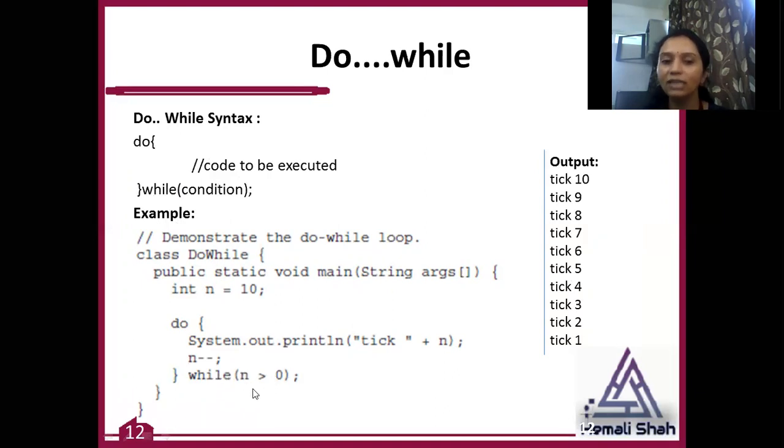So if this condition becomes false, then the body part of this do loop will never execute. Here I am printing first, then decrementing the value of n, then checking the condition. Again, it moves your control over here. It prints. That means your decremented value will become 9. It prints 9. It decrements again, that means n will become 8. Then again you are checking the condition until this condition becomes false.